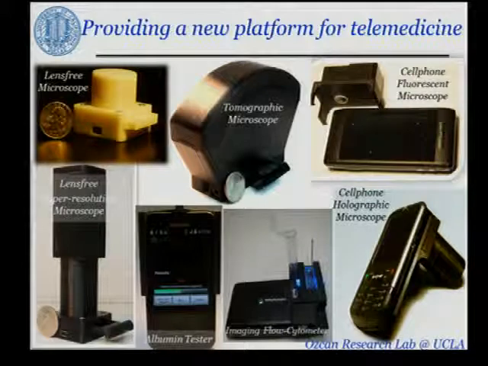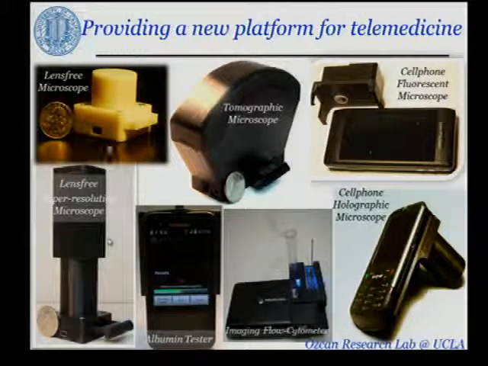In addition to mobile phones, you can also look at individual components, especially the CMOS chips borrowed from mobile phones, to create standalone designs. So these are microscopes that are based on CMOS imaging technology, 5, 10, 20 megapixel CMOS imagers, but they're working in a non-traditional imaging mode, and they can essentially generate large space bandwidth product images. For example, this microscope that you see here, without the use of any lenses, can look at about 1 billion useful pixels across a very large field of view, roughly half a centimeter by half a centimeter in area.